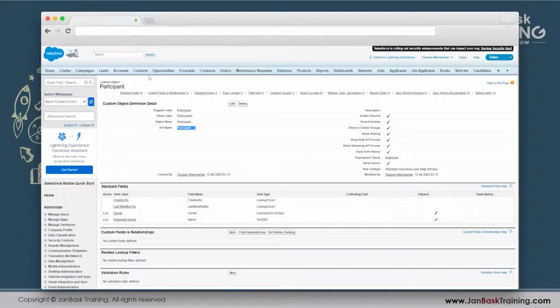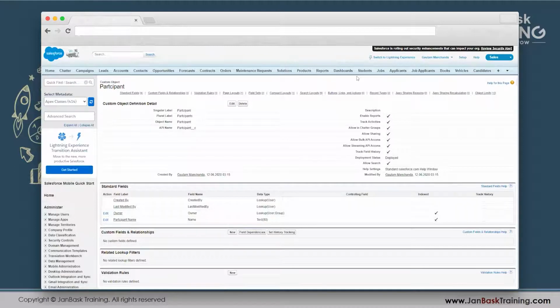Okay, so we have our object now created. So we have a new object in place. So now basically what you will be required to do is to create this object in a similar way. Not as of now, you can focus on the session for now, but this is something that you will be required to do. Okay, so you will be creating an object.